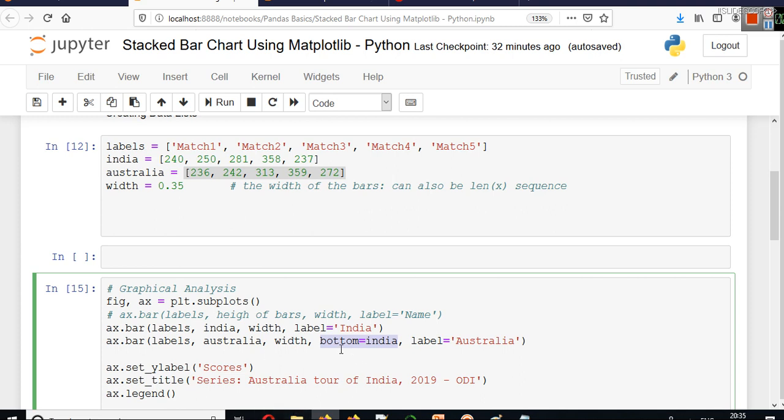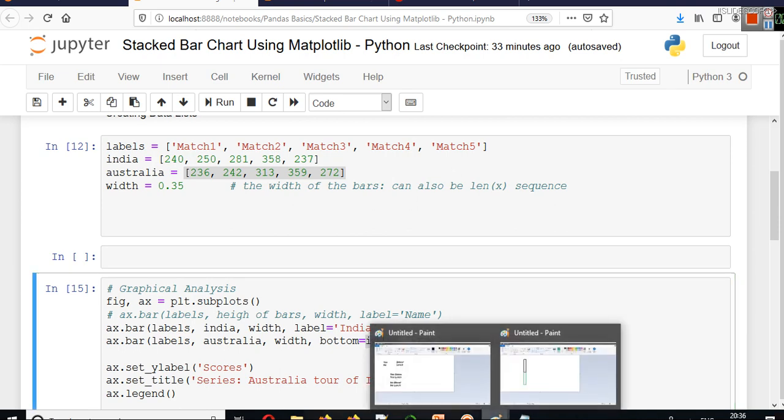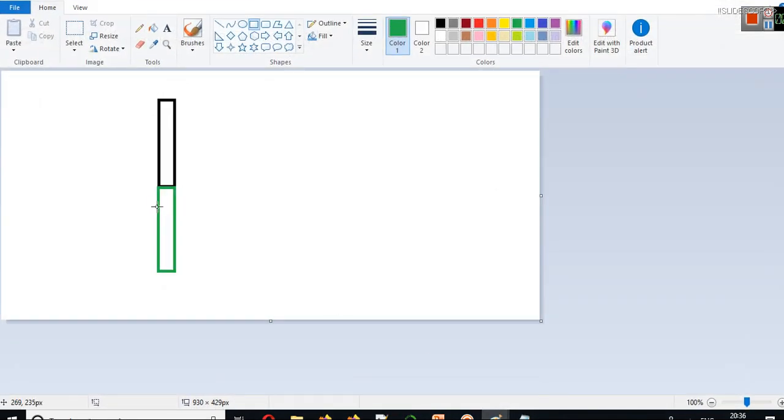So this is bottom equal to India. Which particular bar do you want to put on the bottom? When bottom is India, in this type of diagram the bottom part will have the values of India and the upper part will have the values of Australia.